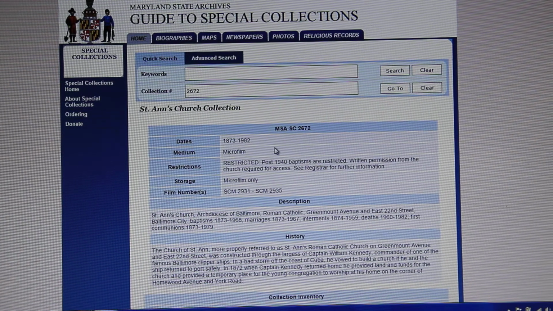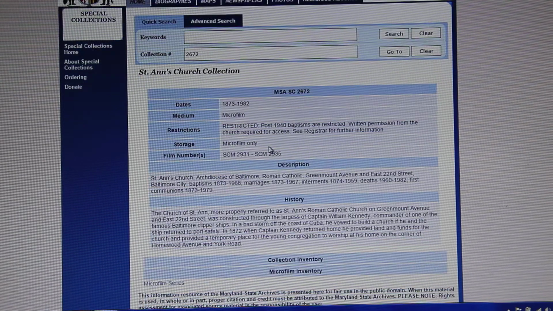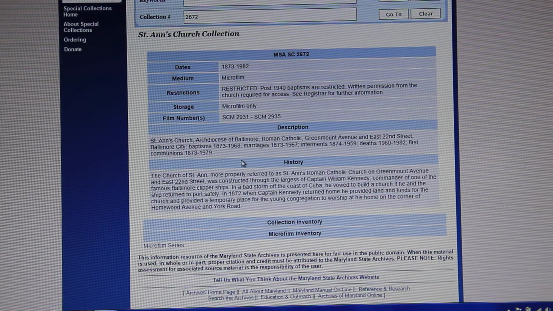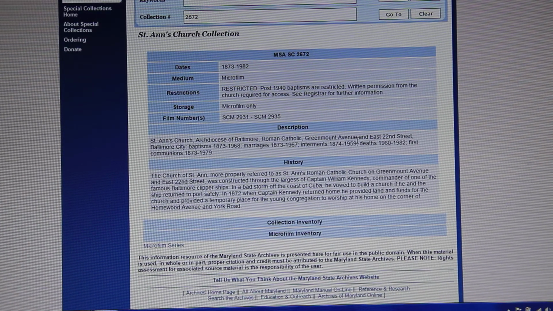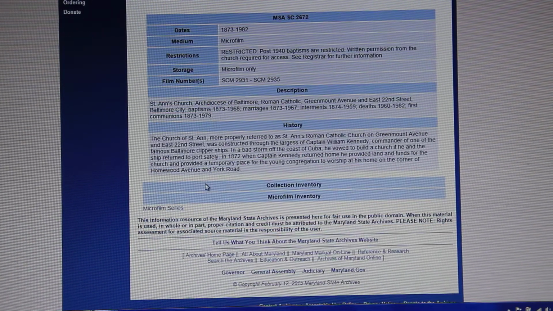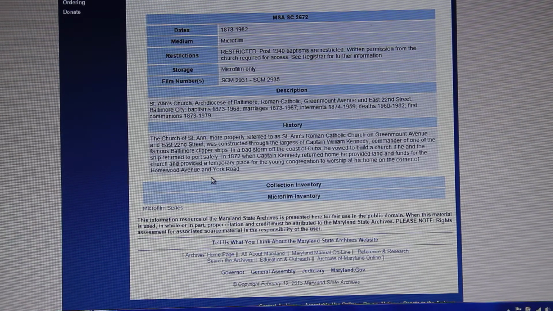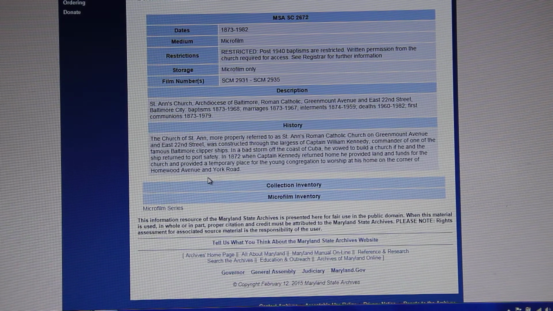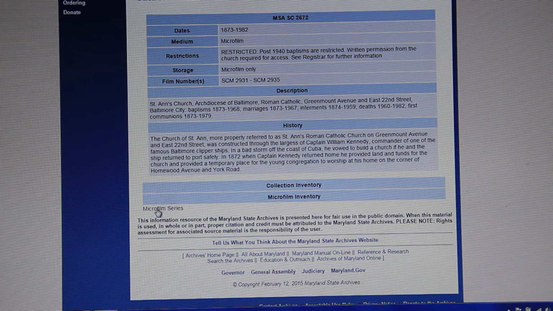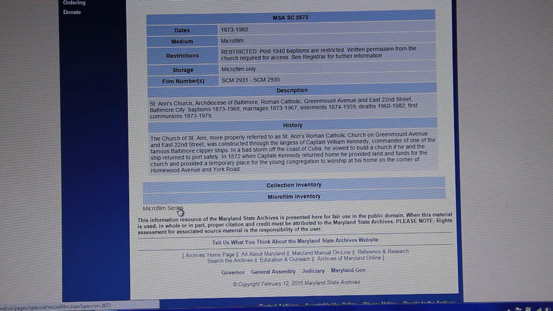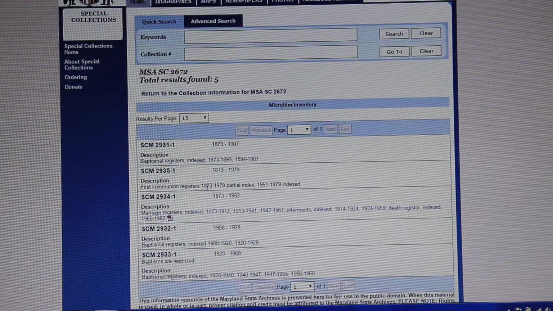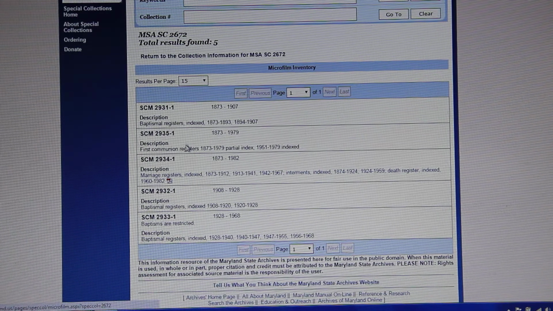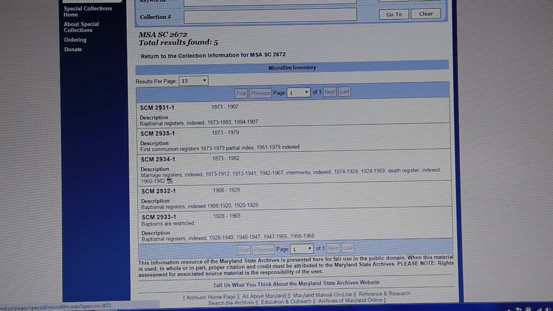Okay, and then this pulls up the information that the archives has on that. And you can see it does have some baptism records, and it was on Greenmount Avenue, which is, again, the one that I want. Talks briefly about the history of the church. And then to find my record, I am going to go down to the bottom of that page, and there's another hyperlink, and it says Microfilm Series, and that is what I want. I'm going to click on that, and then that brings up 5 records that the archives has,